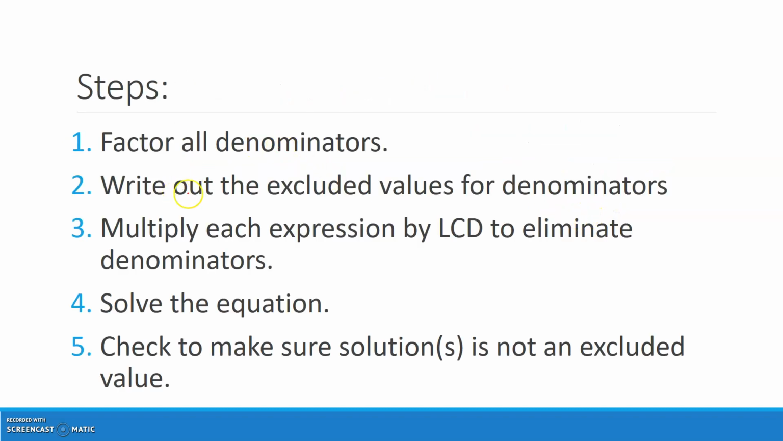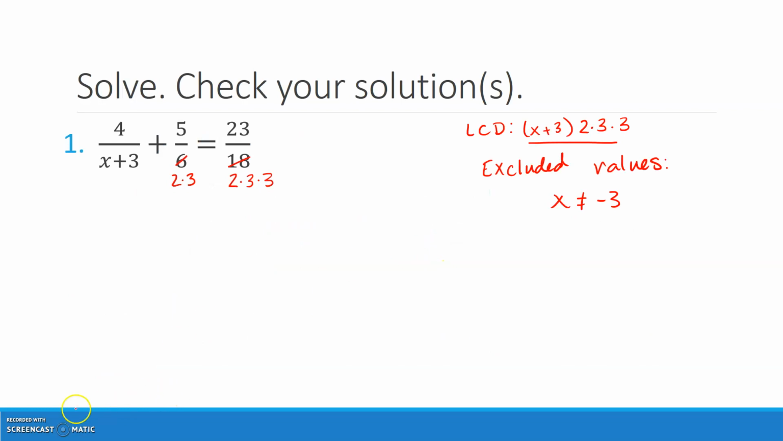Now that we have our excluded values, we're going to multiply each expression by the least common denominator and eliminate all of the denominators. So I'm going to rewrite it this time so that you see what I mean. I'm going to take 4 over x plus 3, and I'm going to multiply it by my least common denominator, which is 2 times 3 times 3 times x plus 3,